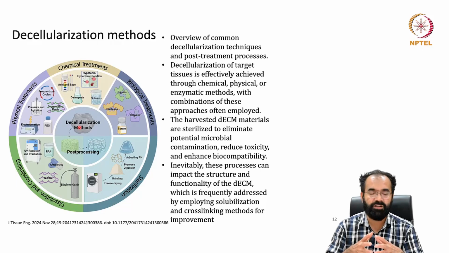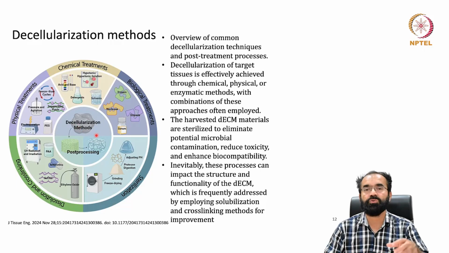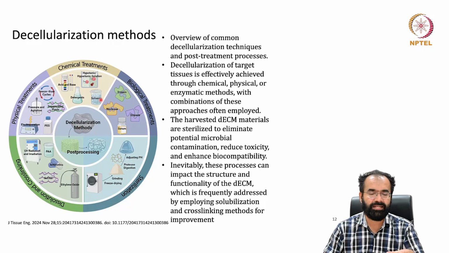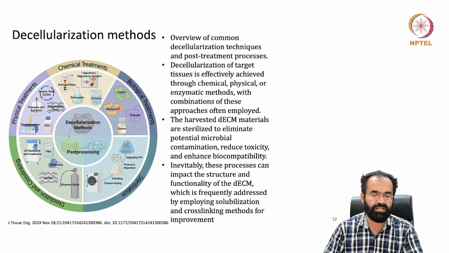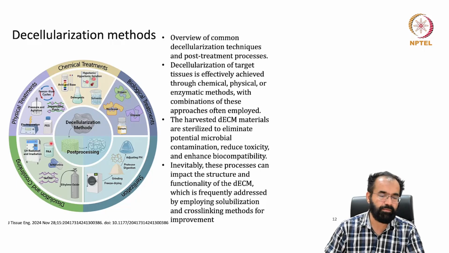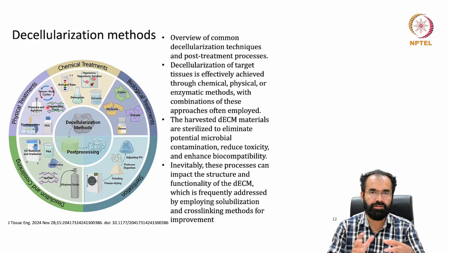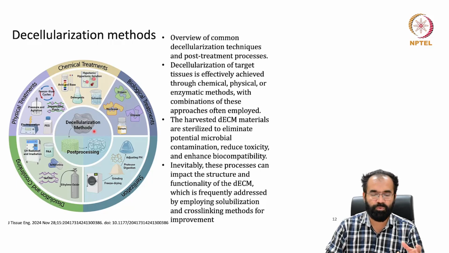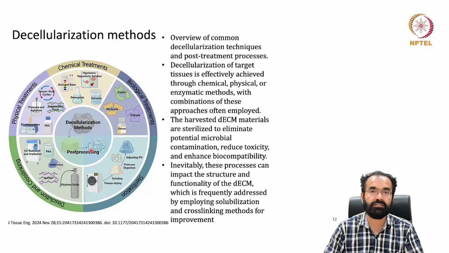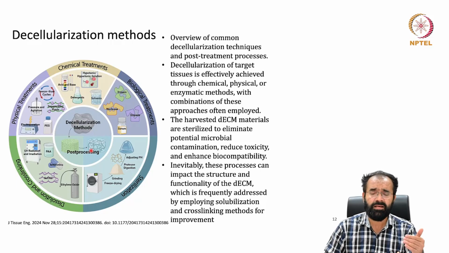So once you harvest the organ, you have to do extensive processes. It can be biological treatment, such as trypsinization, nuclease treatment, and physical methods can be applying pressure, pulling, pushing, etc. So there are different approaches, as you can see in this cartoon, but they have to be applied for getting a proper